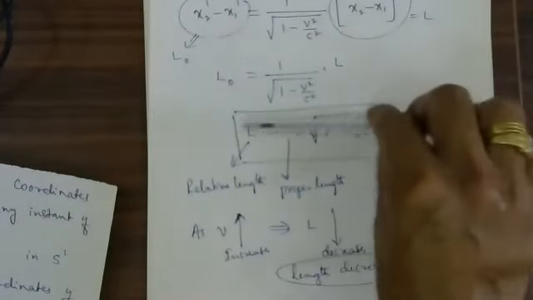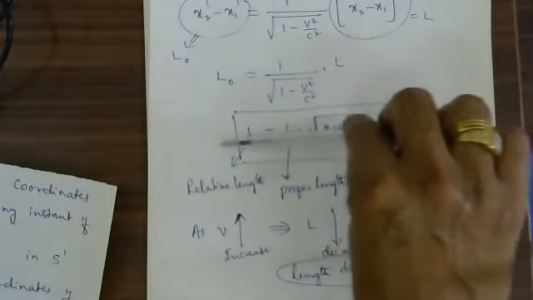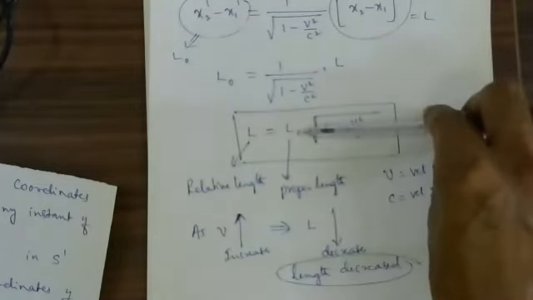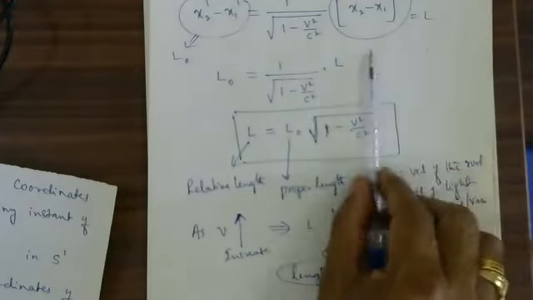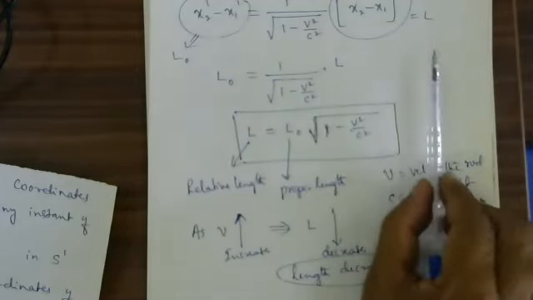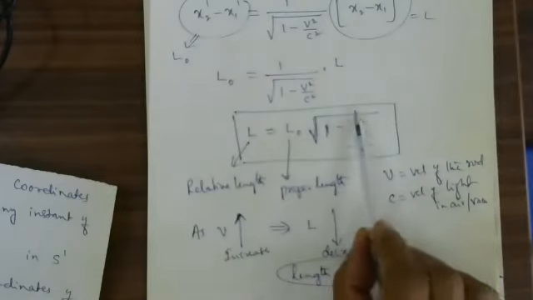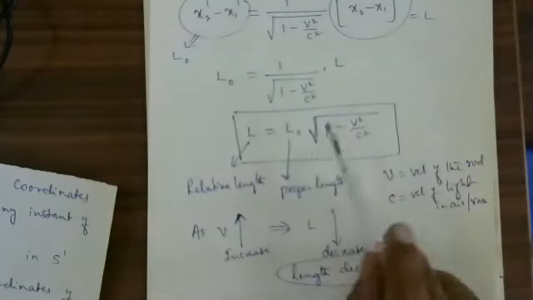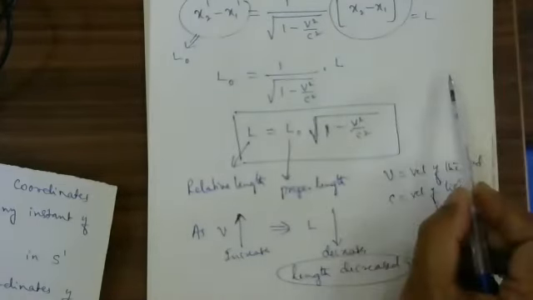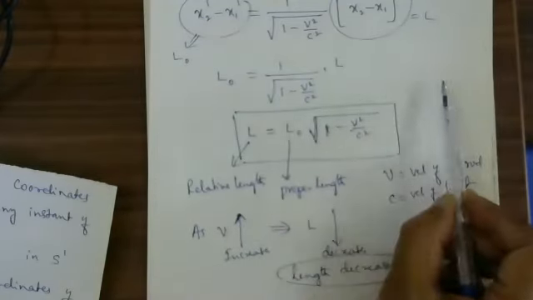Observer is moving, meaning the observer moves along with the rod. I told you already, a bus is moving at a uniform velocity, don't forget, not a variable velocity. Variable velocity I have not considered. Inside the bus there is a rod, and there is also a passenger. For that passenger, the rod length is said to be L naught.